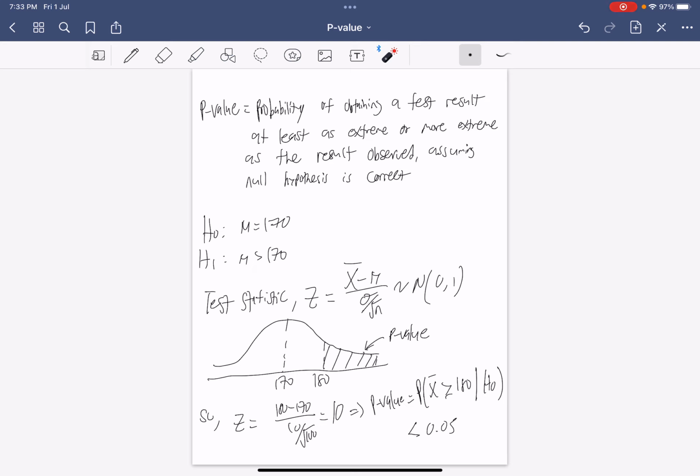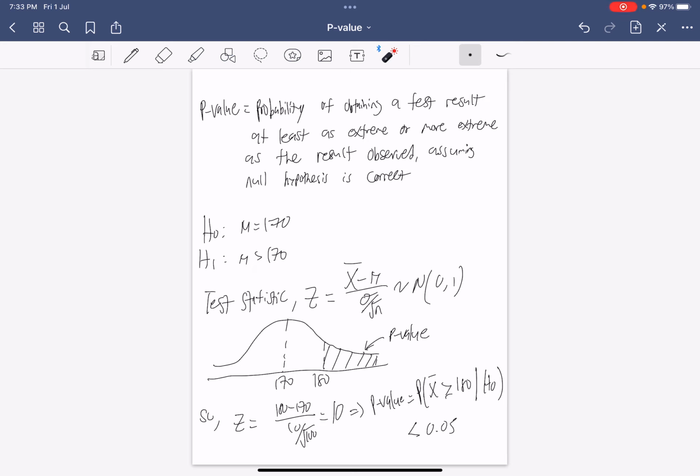Now, let's say you have a null hypothesis that the mean height of Singaporean guys is 170 cm, and the alternative hypothesis is that the mean height of Singaporean guys is larger than 170 cm. We also know that the height of guys follows a normal distribution with a standard deviation of 10 cm. And let's say for our example, we take a sample of 100 men and we get an average height of